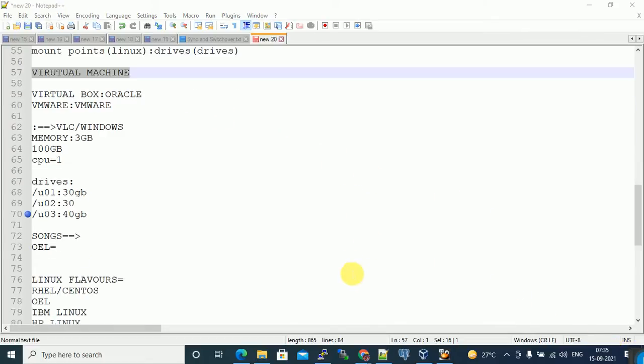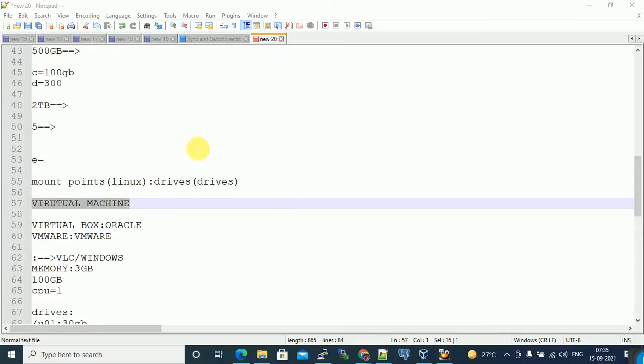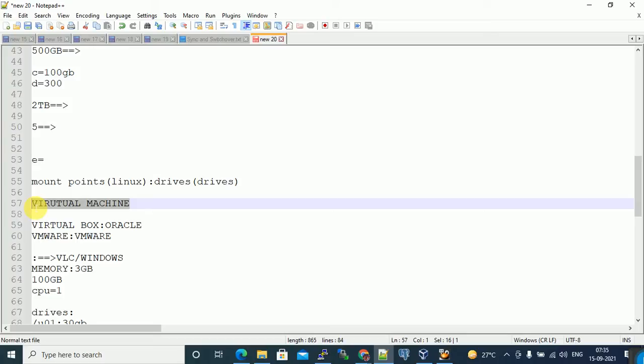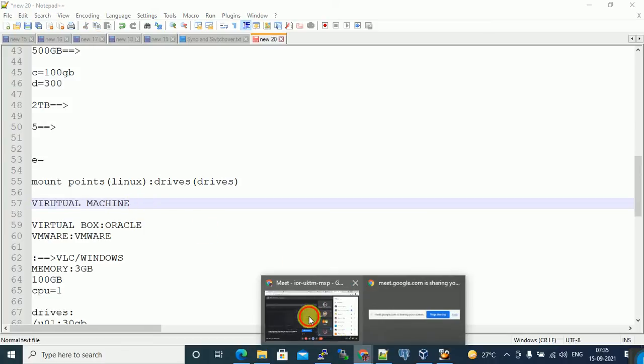Understood? Without VLC player we cannot play songs. In the same way, without VirtualBox or VMware, we cannot create a virtual machine. We are creating the machine virtually, not physically. Physical means you have to buy one more laptop. So let's download VirtualBox.